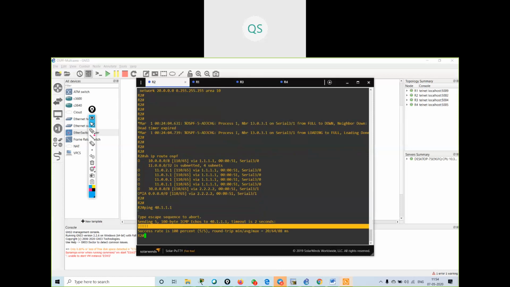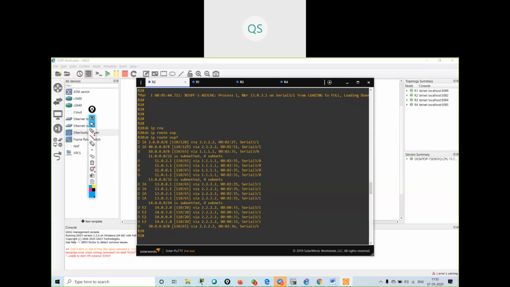Just what I have done, I have removed from my stub area. See, the stub concept was introduced to reduce the routing table information. What I've done is removed all the single routes. Here we were having single routes for all the areas. One route for 3 dot network, one route for 40 dot network, one route for 13.0.1, 2.0.1, 3.0.1.